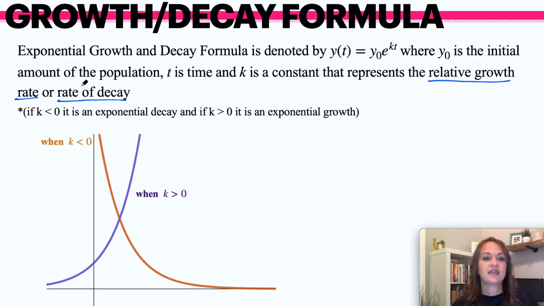Now, if k is a negative number, then you're going to have a decay. You're going to have some amount that is going to decay exponentially over time. If k is greater than 0, then it is going to be an exponential growth. So for example,